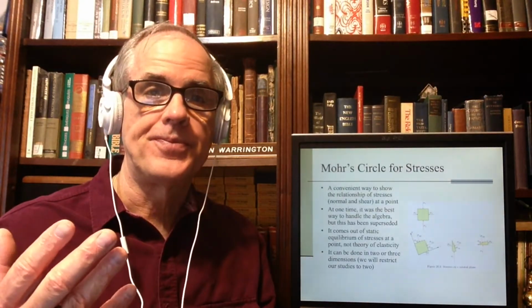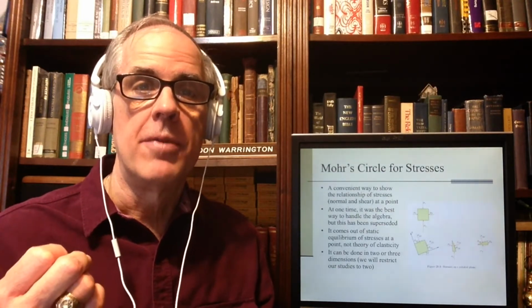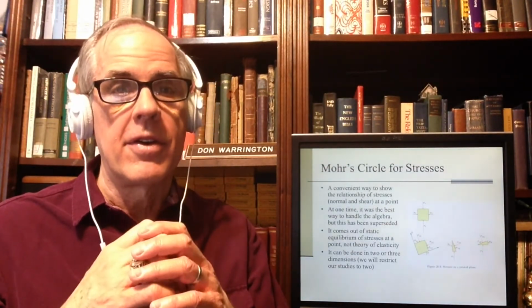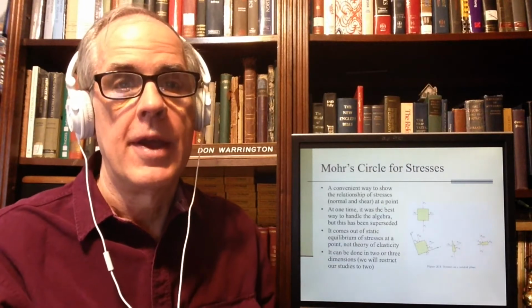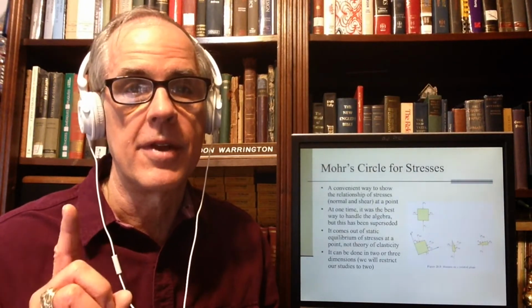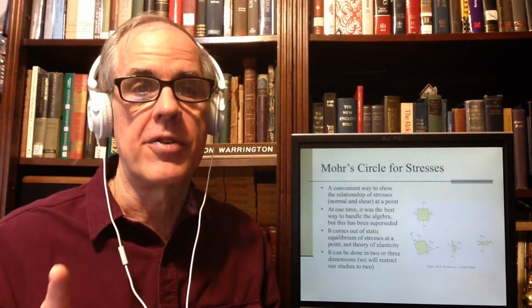It doesn't matter if it's plastic or whatever. In order for it to be a continuum, unless it's ripped apart, as long as it's together, it's got to be in static equilibrium. And that's not only independent of the state of elasticity of the piece, it's also independent of the direction. For example,